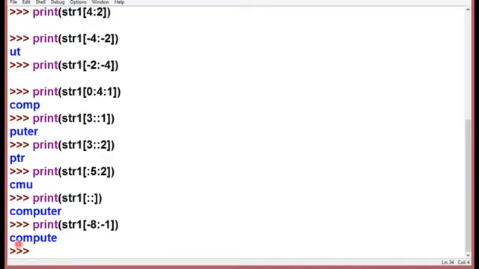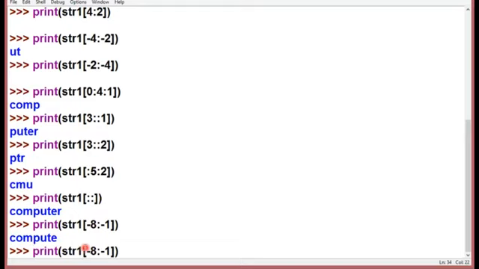Then we are coming to the right hand side. So O, M, P, U, T, E is printed. Why is R not printed? Because if we talk about the end value as -1, then it will be considered till -2, because it will exclude 1. So -1 will become -2. Minus minus will become plus.